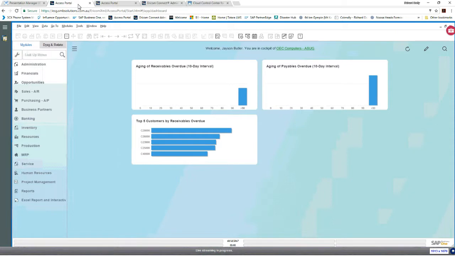Then we're going to touch on another topic that has been the subject of a couple of recent blog posts, again, that I've done, and a couple of recent blog posts that have been done on the ASUG website.